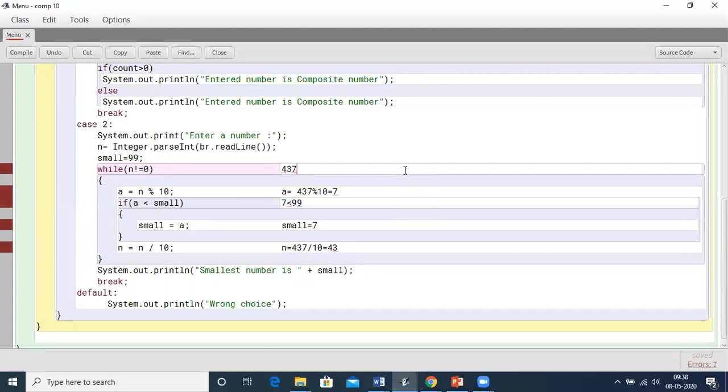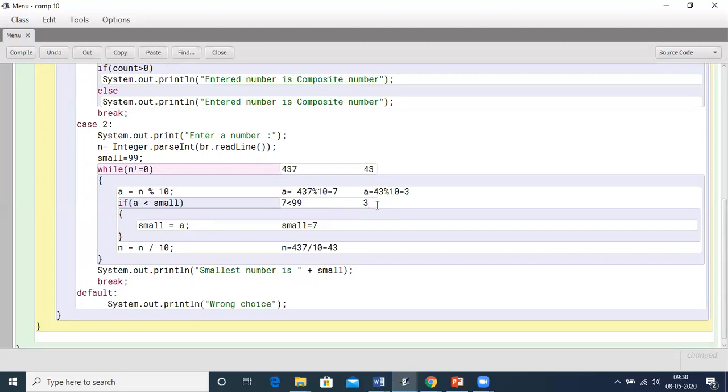So the next n checking will be 43 is not equals to 0. So we'll have the next value of a, that is a will now become 43 modulus 10, which will give you the value 3. Next checking will be, now the value in a is 3 and the value in small is 7.